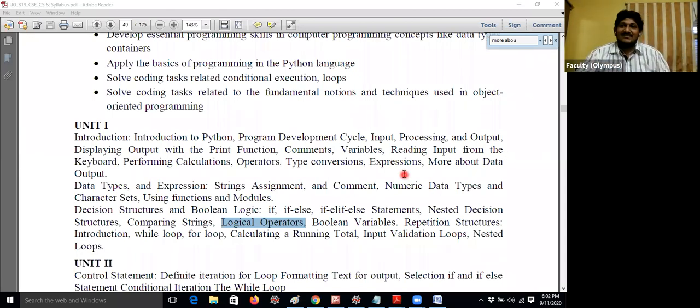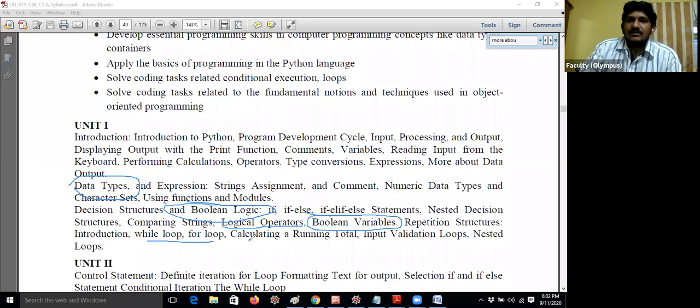Now I would like to give clear-cut clarity. Logical operators we have already completed. Now Boolean variables, this topic I will cover now, and Boolean logic. So Boolean data type concepts will be explained here. Tomorrow I will discuss if, for loops and while loops also, but I think it will not be possible to do while and for loops tomorrow. Anyway, I will discuss them on Sunday. We will have class on Sunday, so don't worry.